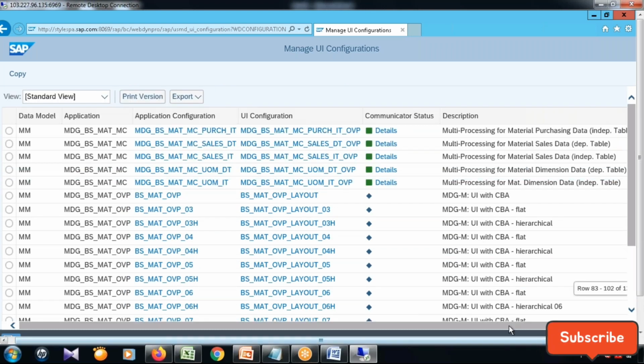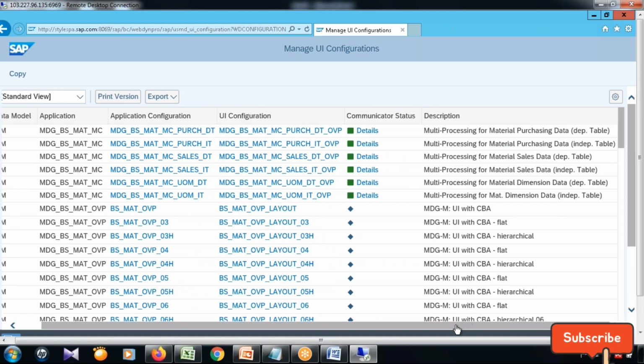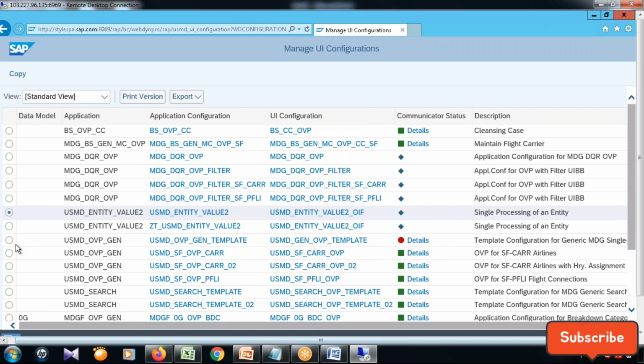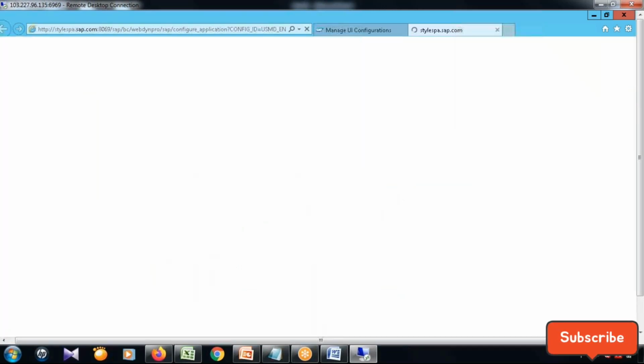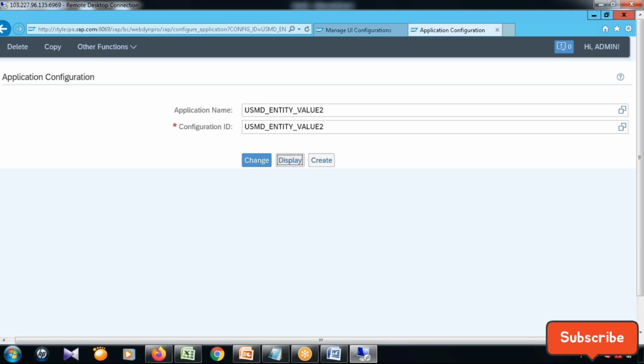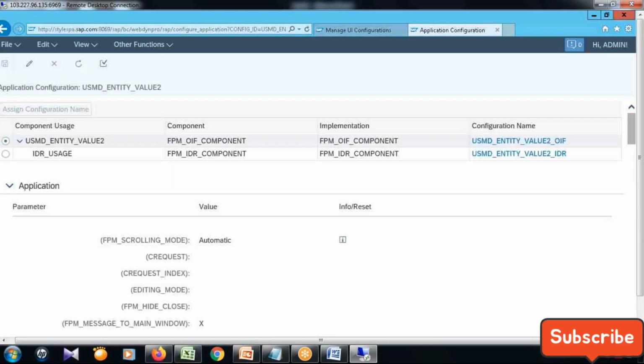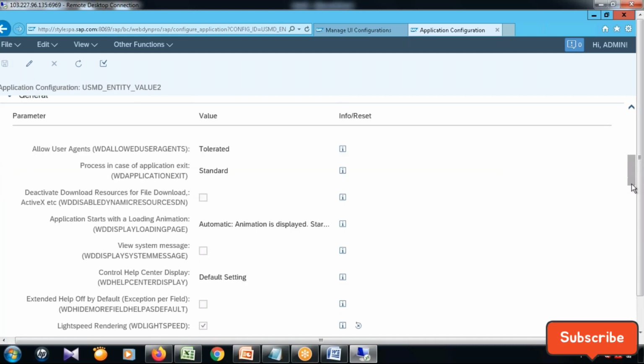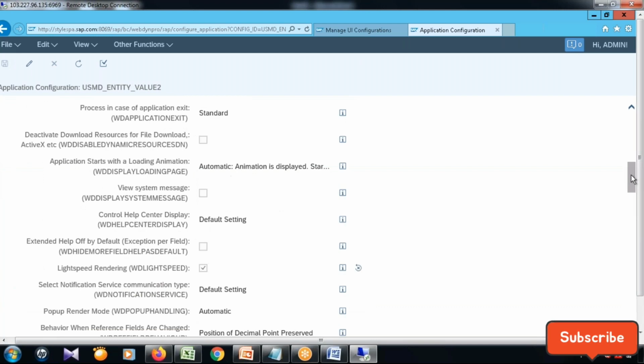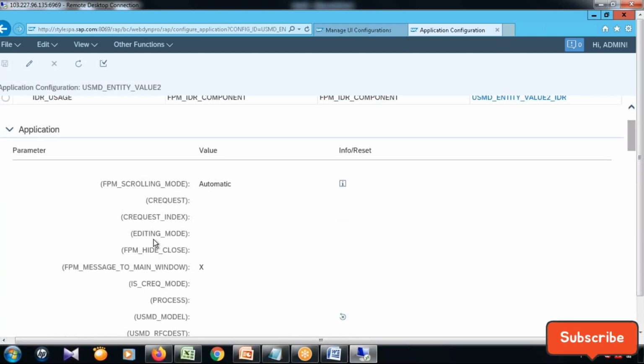So first, we are going to take the standard one, which is this one, USMD entity value 2. Okay, so let's click here. Display. So now you can see this is the application configuration area and this is the standard area. But if I scroll down here, so if I scroll down, I can see